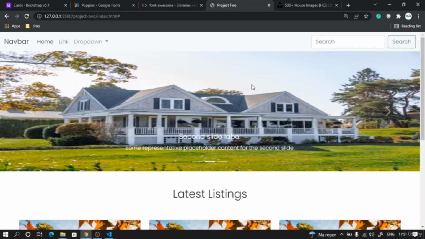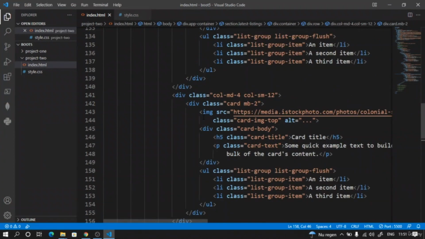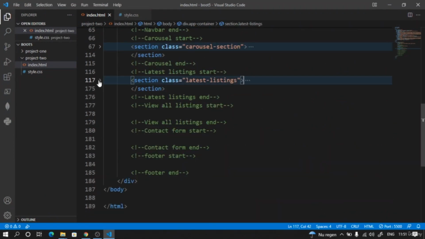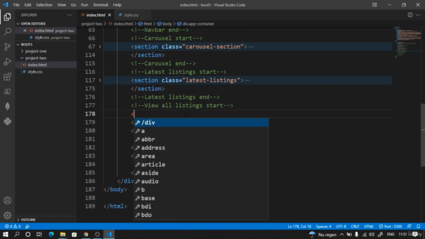Let's go ahead and create our call to action section. So now I'm going to minimize this latest listing section, and here we have the view all listings or call to action section. So we can also call this call to action or something. For now we will just keep it as view all, and I will say section,